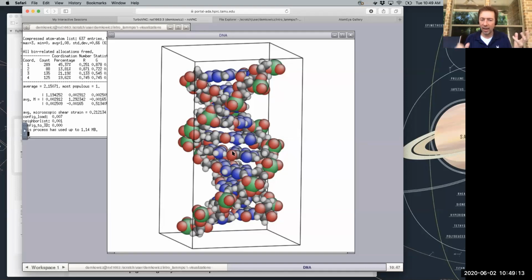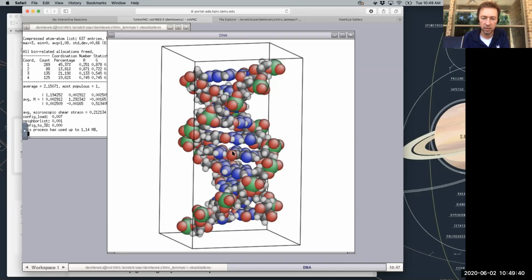Okay, and how can I see that in the case of this DNA model? Well, Atomi allows you to actually move the structure around inside the model. And when you move it around, you're going to see that you can actually make the atoms exit from one side and enter from the other side. So to do that, you do the same click and drag thing, but before you do that, you press Shift.